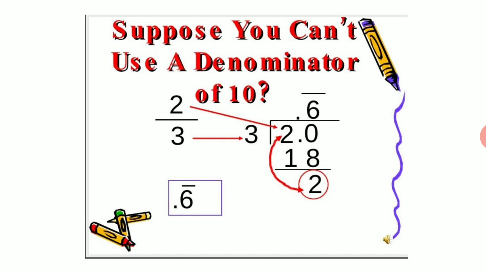So again we have to put a point. By putting a point, the number that will come beside 2 is 0. So now we see how many times it goes in the table of 3. 3 6 are 18. So we are again having the remainder as 2 here. When we have the remainder as 2, we again go to divide.